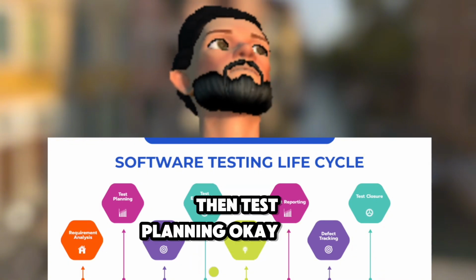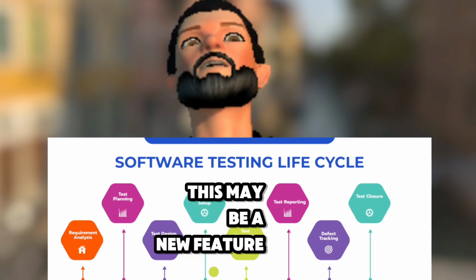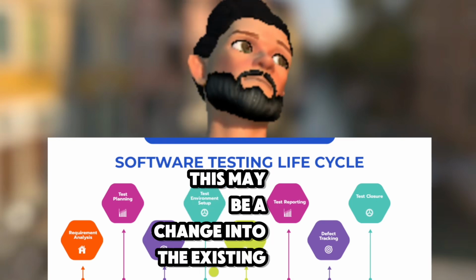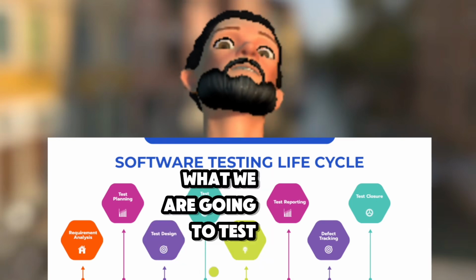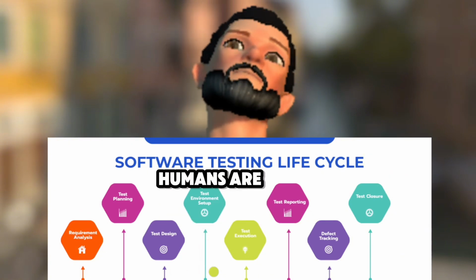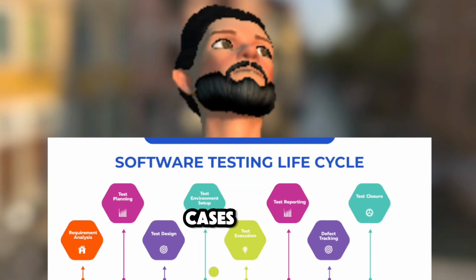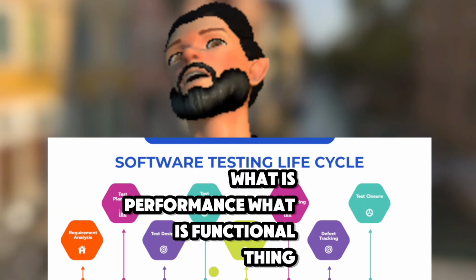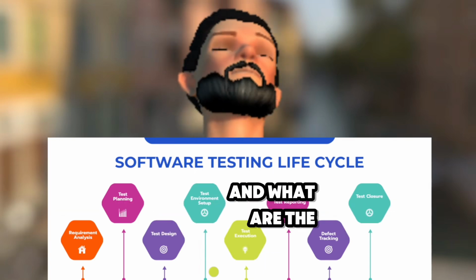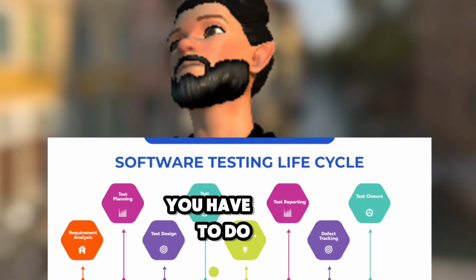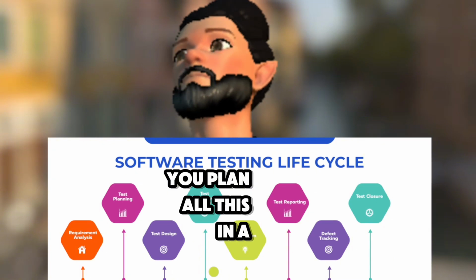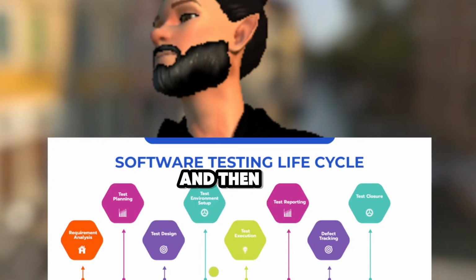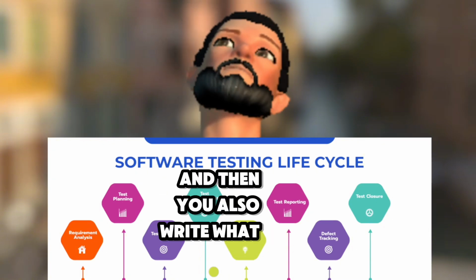Then test planning. This feature is coming up. This may be a new feature, or a change to an existing feature. What are we going to test to make sure these requirements are met? What are all the other cases, what we discussed in the previous call? What is performance? What is functional? And what are all the non-functional testing you have to do? You plan all this in the test planning phase,